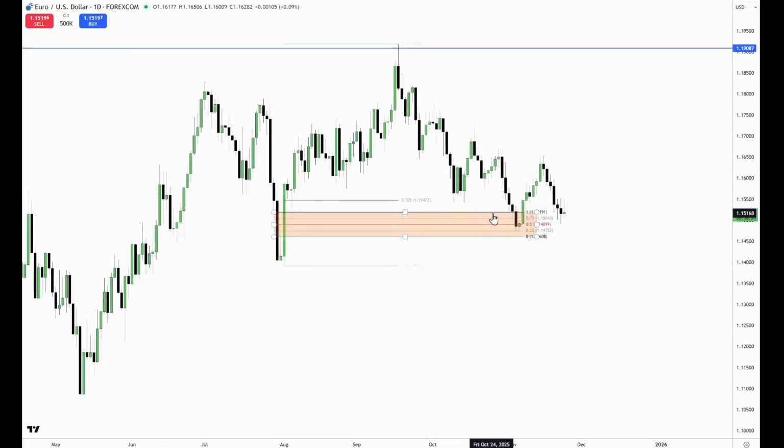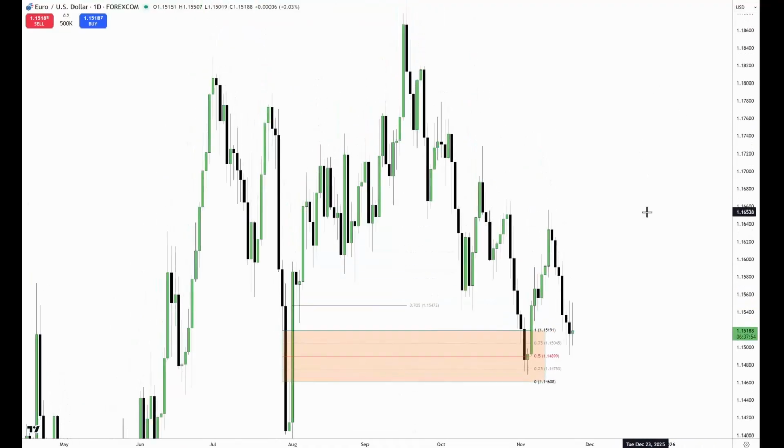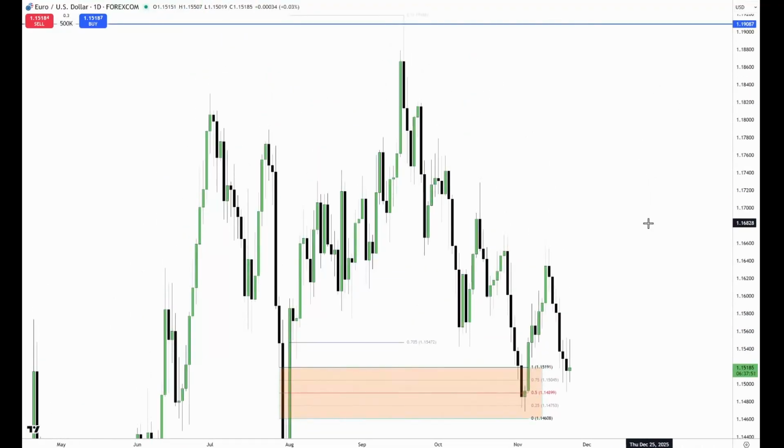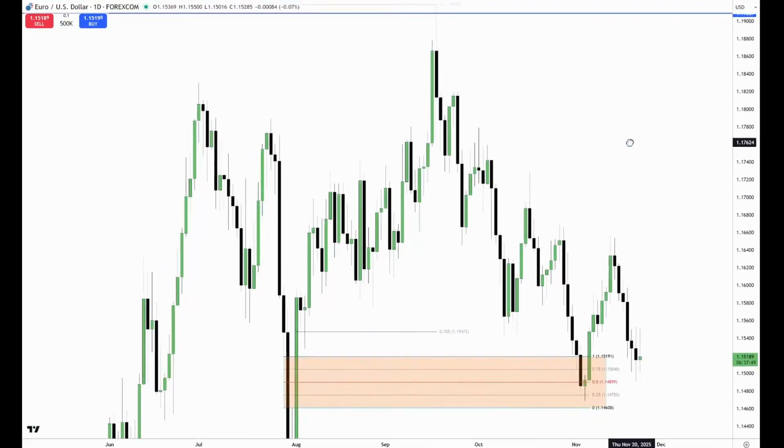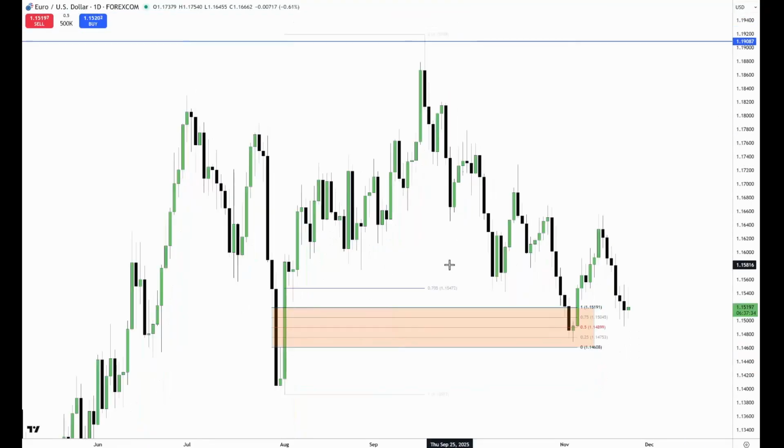The euro dollar, like I said, I would not be trading Forex right now. I just simply wouldn't. There's nothing here that is exciting. There isn't anything that stands out as really wonderful price action. It's just really crummy. And I know some of you are only trying to trade Forex, but